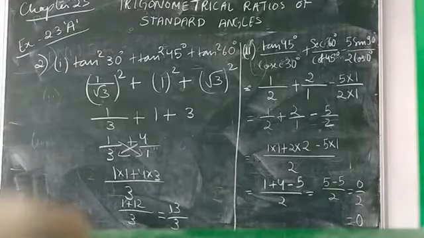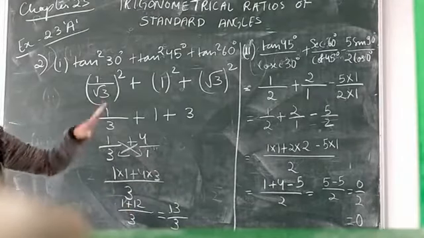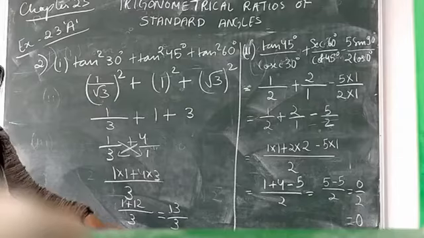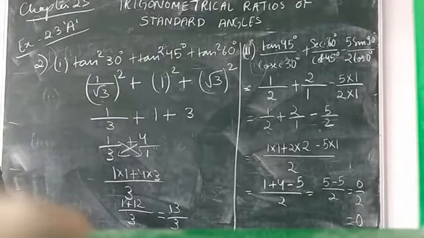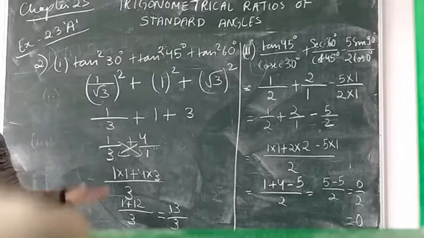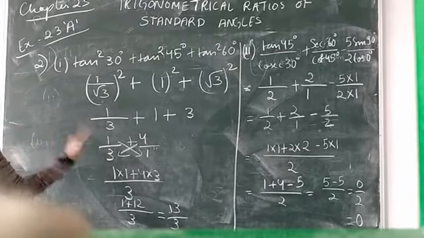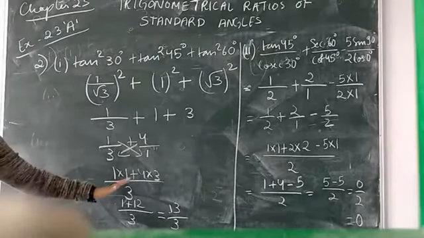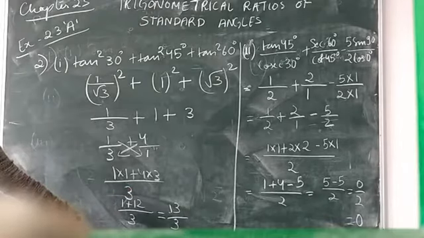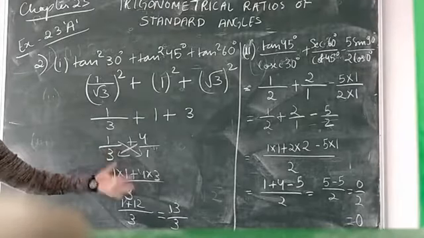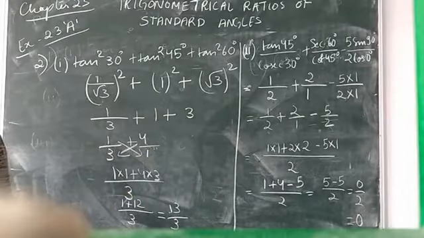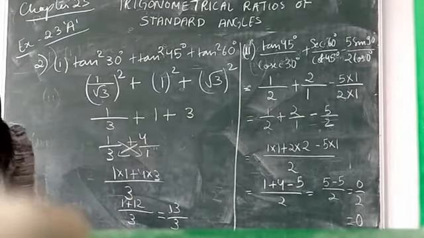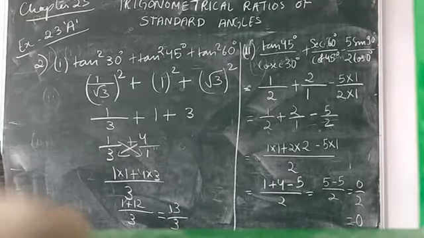Okay, so what we basically need to know is the values for the standard angles. If you know the values for the standard angles, then we can simplify any problem. We can simplify any sum because the rest is only finding the LCM and simplifying it. Okay, it's just part of fractions here. Okay, next we're going to do